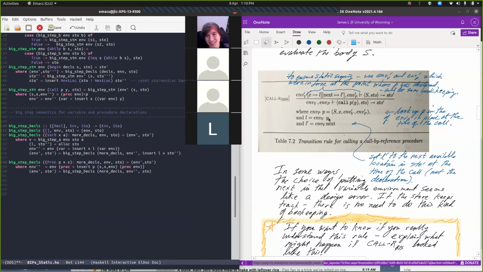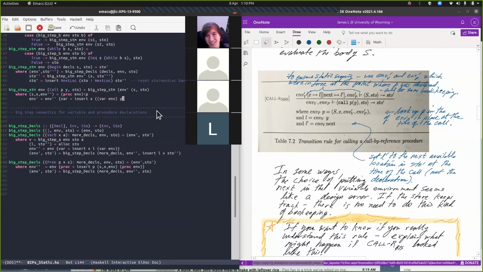He looks up Y in the environment at the time the call happens. So the environment at the time of the call is my ENV V prime up here, or down here, it's my ENV. I look up Y. That's going to give me a location,